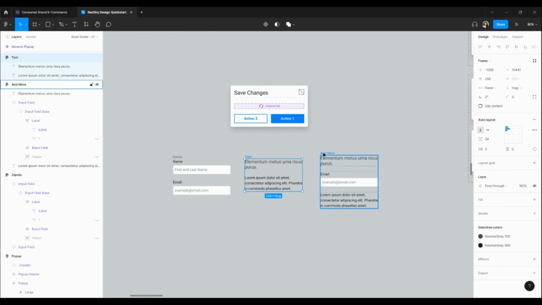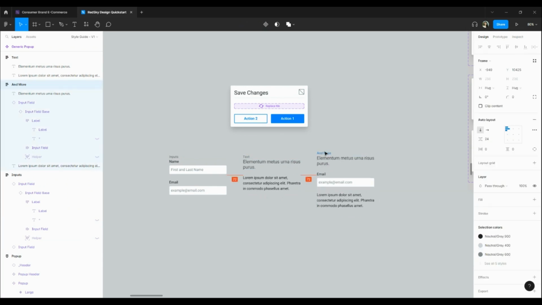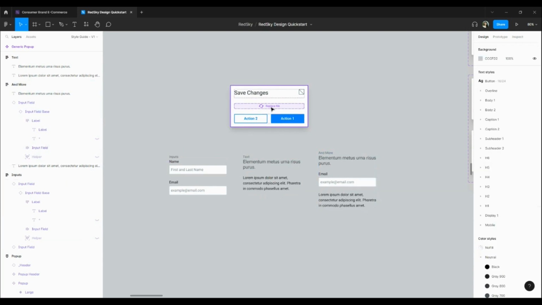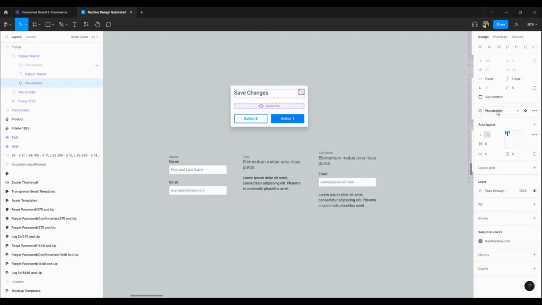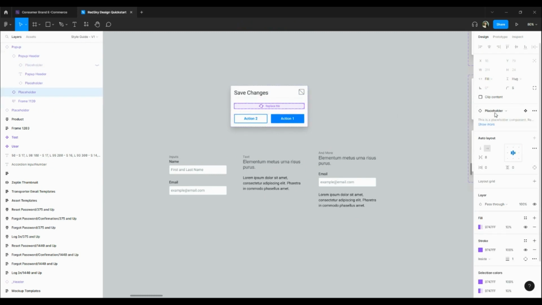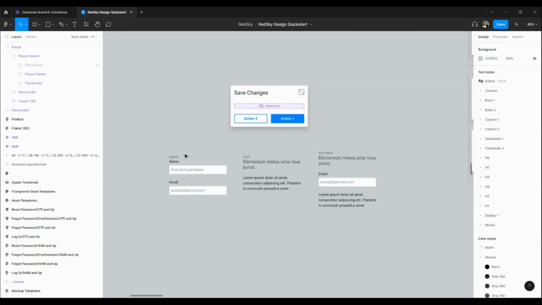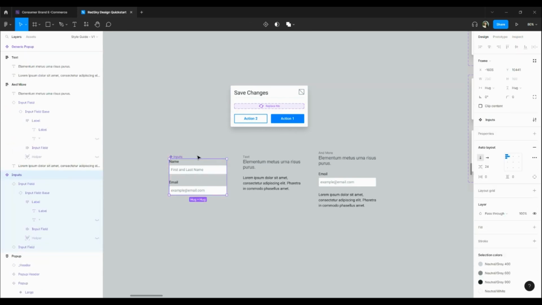So I've got 3 different layouts here for a pop-up. One with 2 input fields, one with 2 text fields, and then one with a mixture. And so how we can use these components is just like how we replace icons all the time with different icons, we can replace this placeholder component with a new component. So if I make all of these their own component,